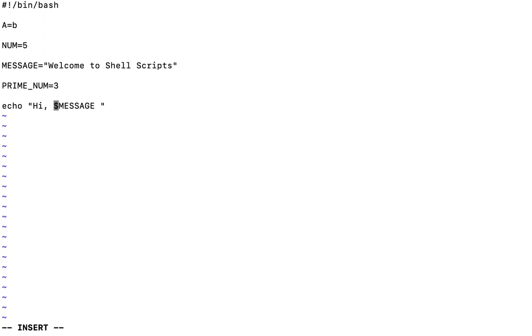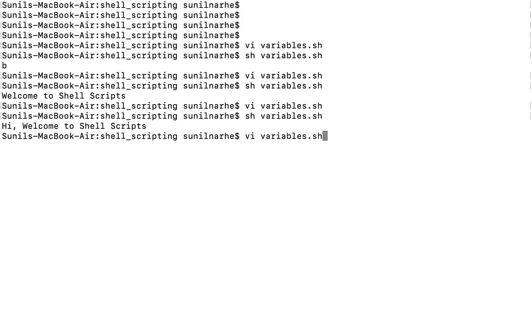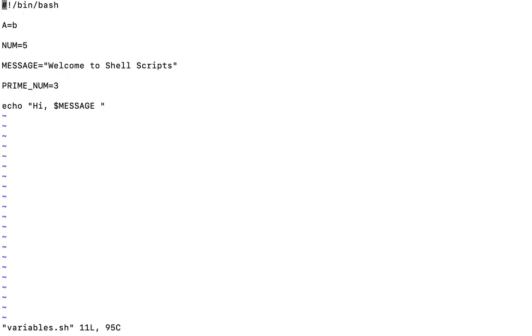So our script will first print hi and then welcome to shell scripts. It means that we can call a variable value in our message as well. It is not that we can only print variables by themselves; we can print some message with the variable as well.